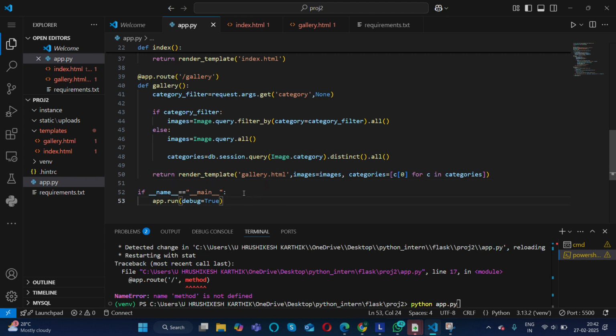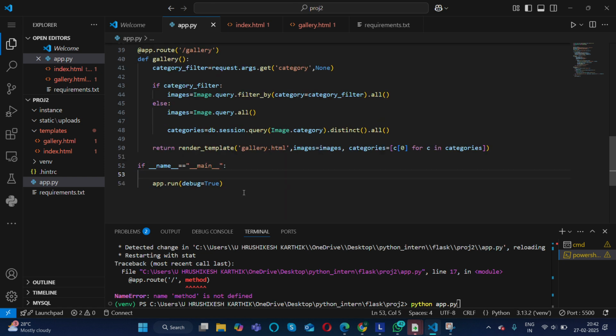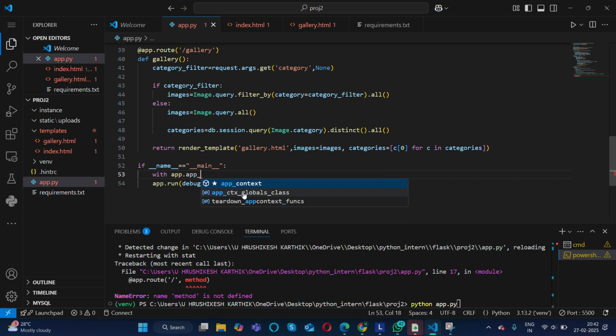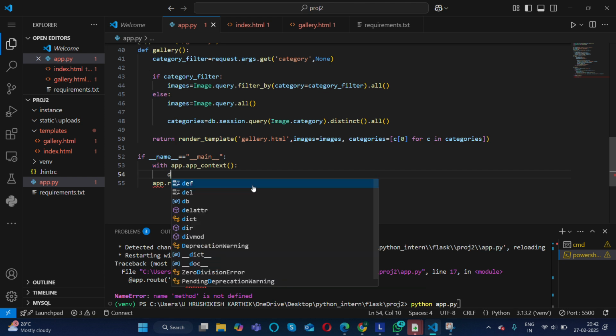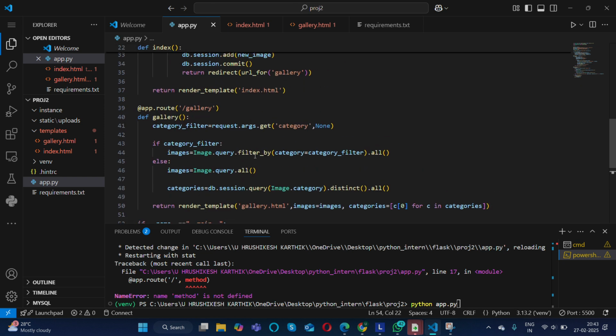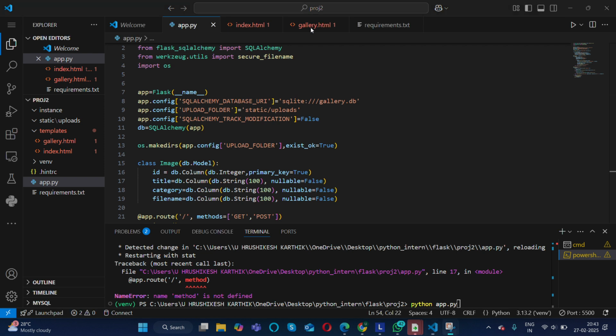So here I should also specify, it should execute the gallery creation. I mentioned this in previous class, like the database should be accessible within the file and no external people can access it. If we don't, create all creates all the tables and the database which we need. So I think everything is set right now except the gallery.html.